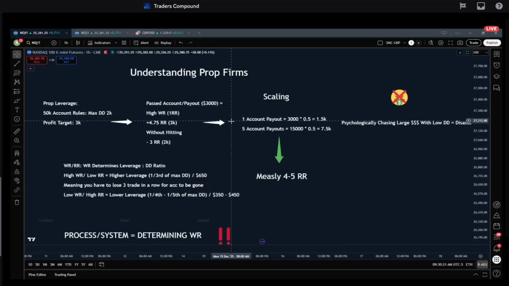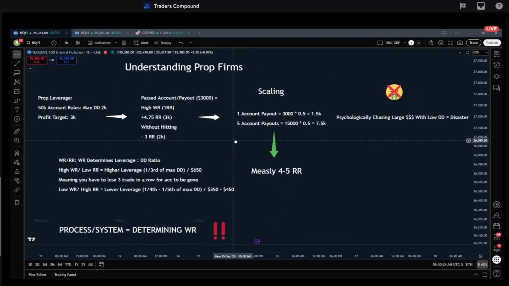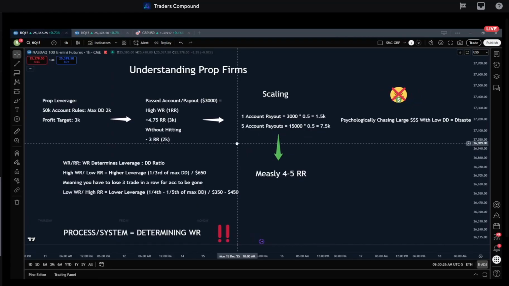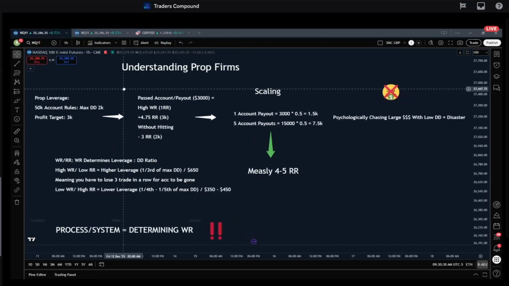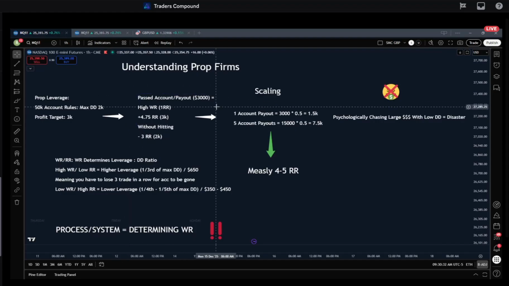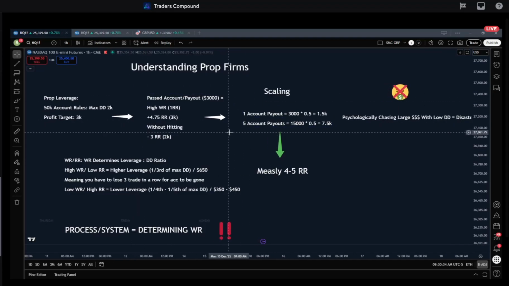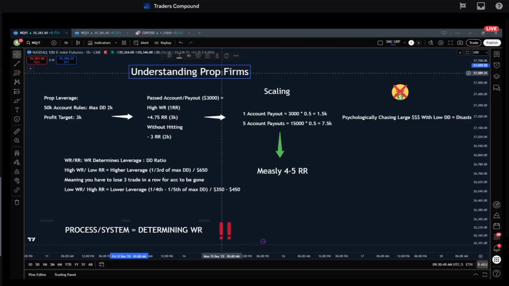But I really want this to be clear. Over the next couple of days, couple of weeks, when we don't have any trading opportunities, we're going to master a lot of the stuff, such as position sizing. This is honestly more important than a singular trade. I'm going to be so honest. Please pay attention to this very closely. Super important stuff. So let's dive into understanding prop firms today.